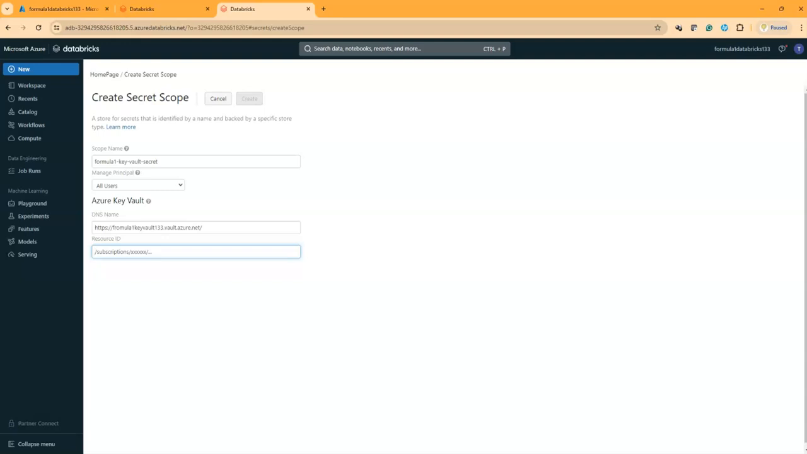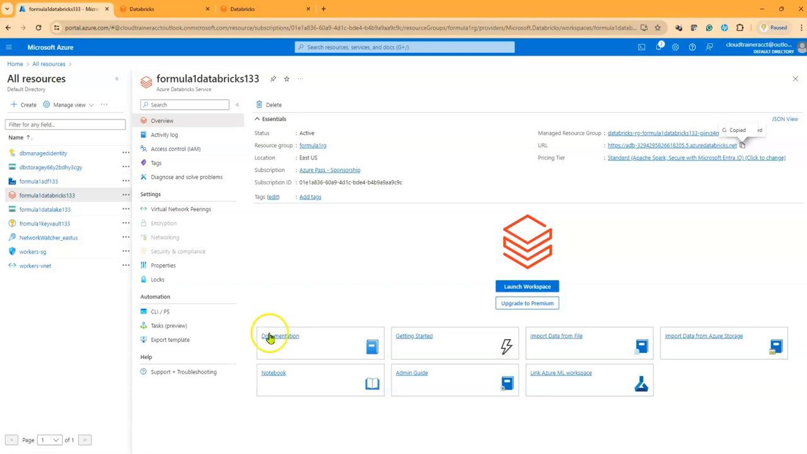Okay. So there is something with name slash subscriptions. So just go and check for your Databricks again. For your key vault,